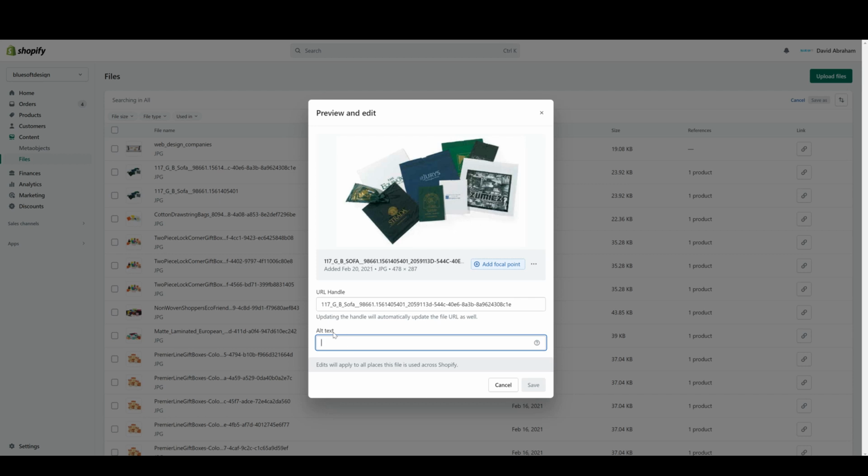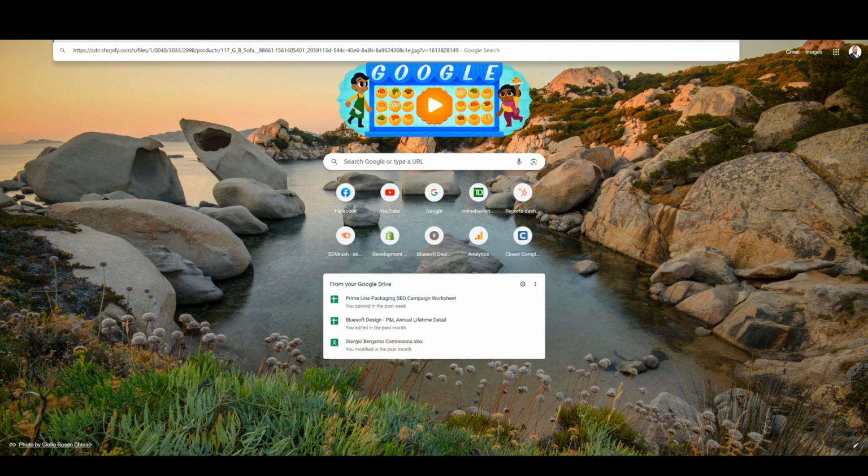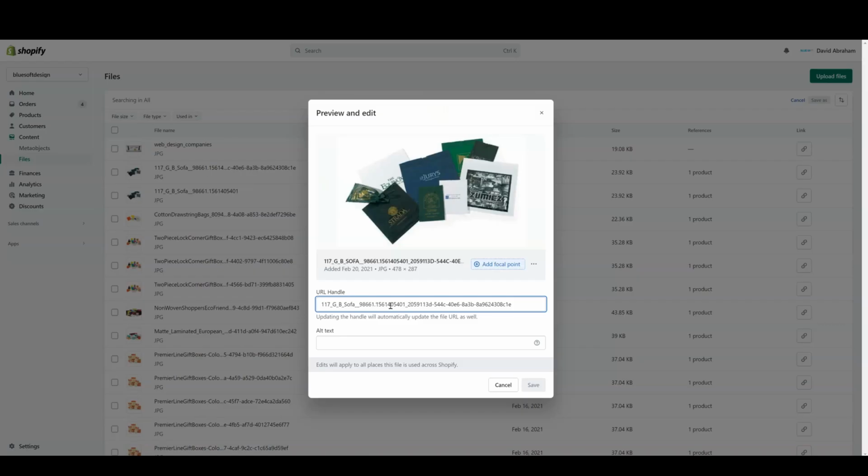So you can add an alt text to an image over here, and if you change the handle of an image, it will change anything beyond this /products point. So the handle is anything that comes at the end after the last slash in the URL. So this is all the handle, and if you were to change the handle, that would be what you'd be changing. So you can make that change over here,